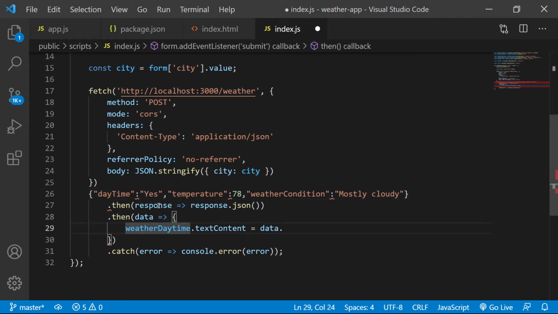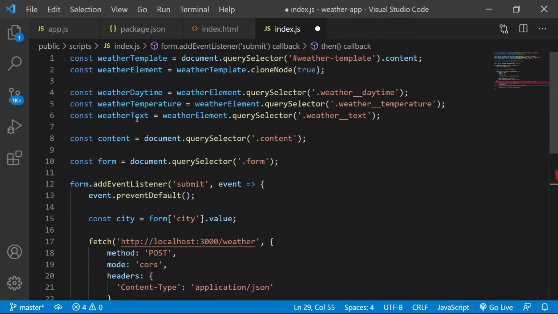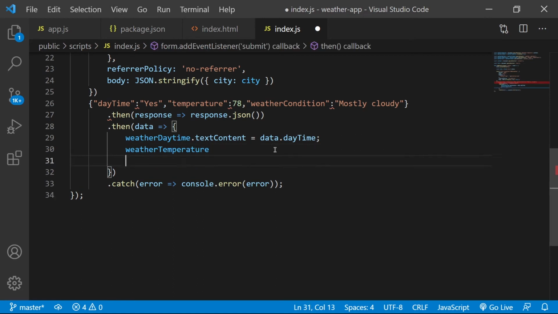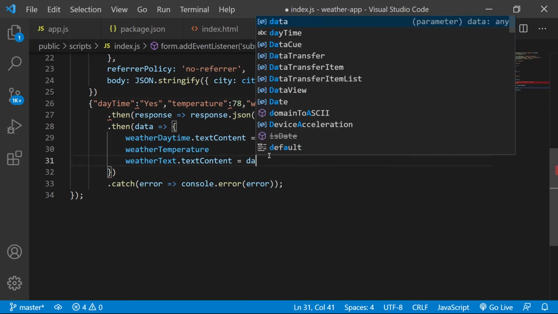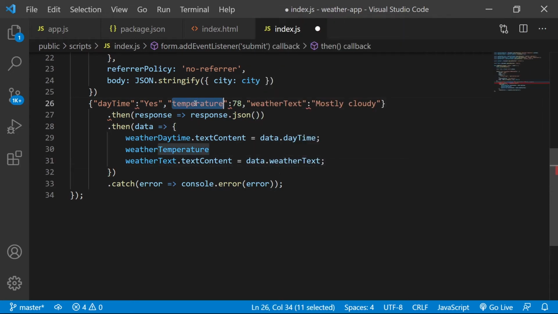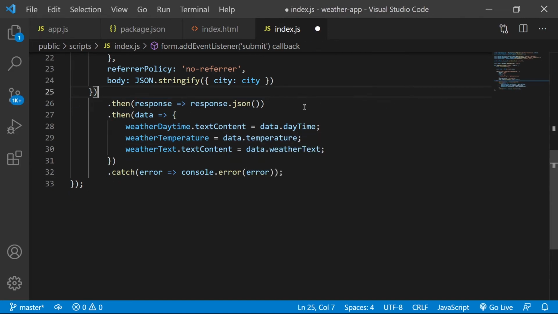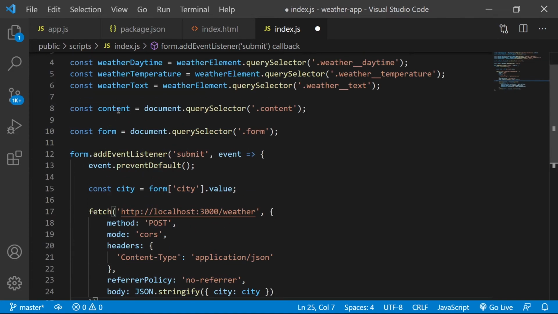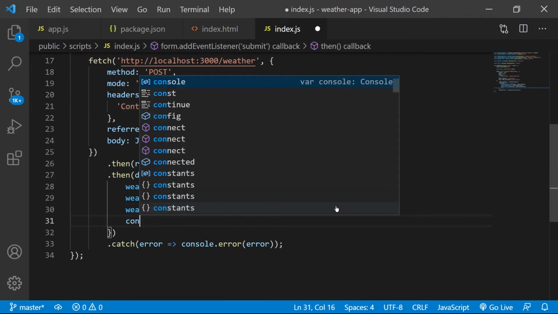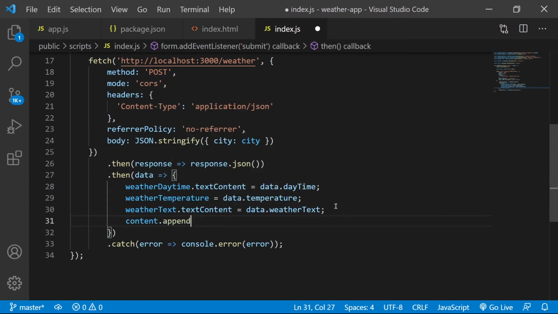So daytime text content is data dot daytime, weather temperature, and weather text. Weather text is going to be data dot weather condition. And then here it'll be data dot temperature. Now let's take our content dot append weather elements.